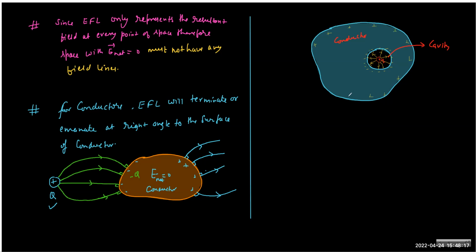Now, can you see an electric field between the negative of the induction and the plus of the outer boundary? The answer is no. The net field is zero. So we cannot draw field lines like this. This is not possible. So again, the field lines will recreate from the plus to the outer world like this. Since the electric field lines produced by that charge already terminate on the negative charges near the boundary, there is no need for the plus.